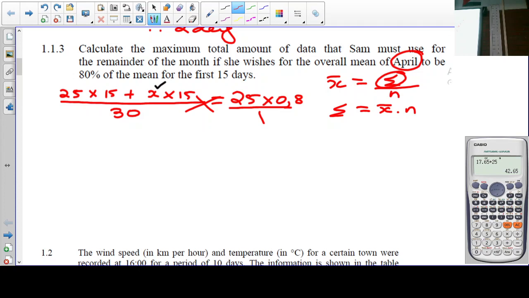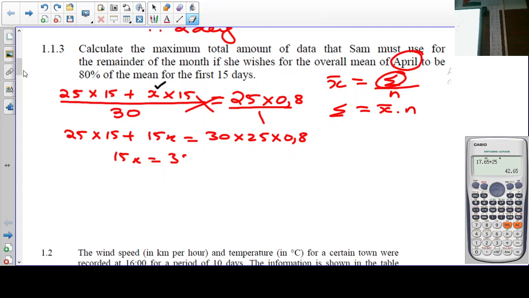So 25 times 15 plus 15x equals 30 times 25 times 0.8. I'm sure you could have put this in a calculator already at this point. So 15x is equal to, let's just put it in a calculator, otherwise we're writing a lot of things here. So it's going to be 30 times 25 times 0.8